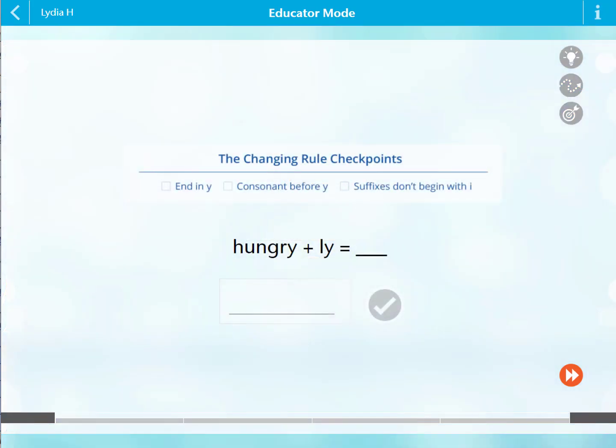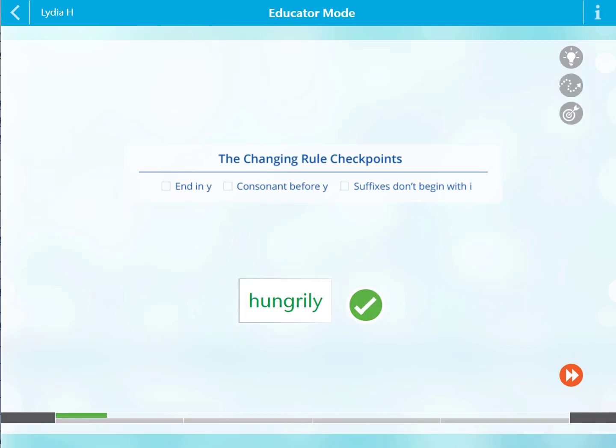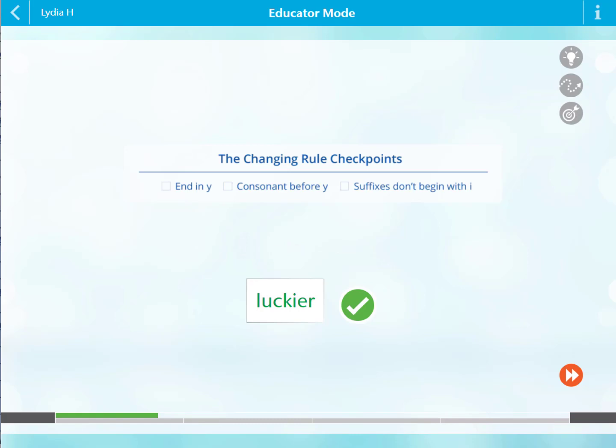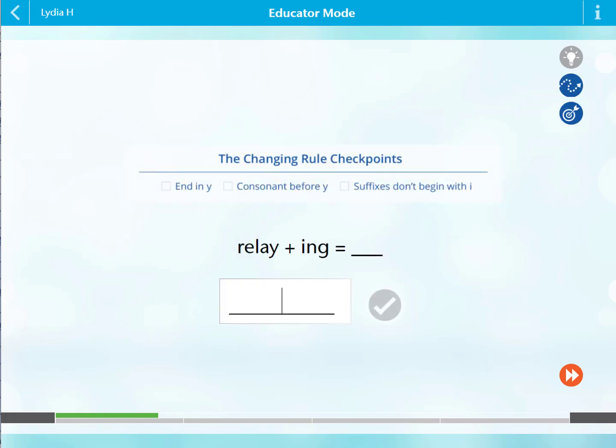Listen to the word and look at the model. Type the whole word in the blank, hungrily. PowerUp also teaches students further strategies for spelling new words, as we can see here in Level 7. Hungrily, luckier. Luckier, relaying,